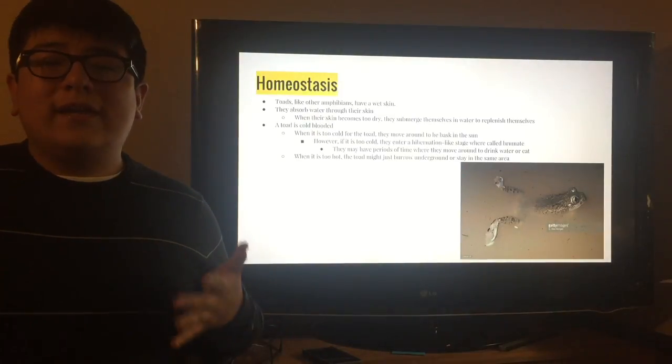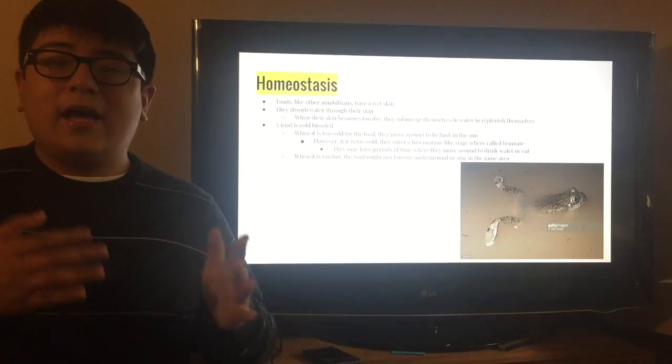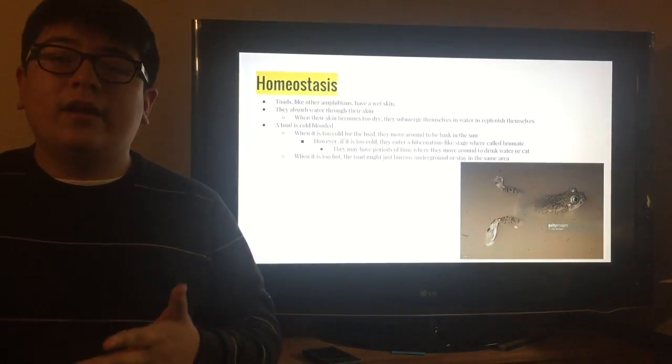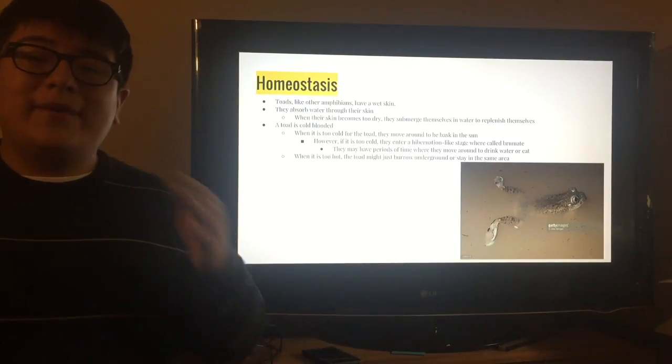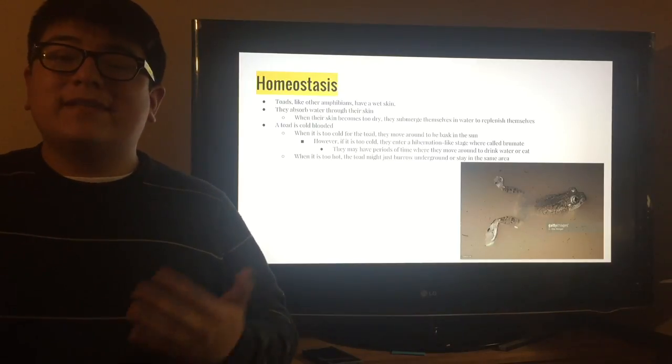So a toad is cold-blooded, which is also called ectotherm, which means that it gets another source of energy to warm up, since it is cold-blooded. So what happens is that the toad may move around to a sunny spot so that the sun rays can